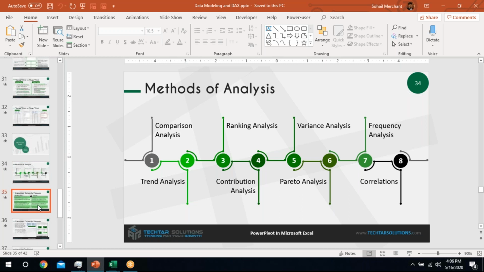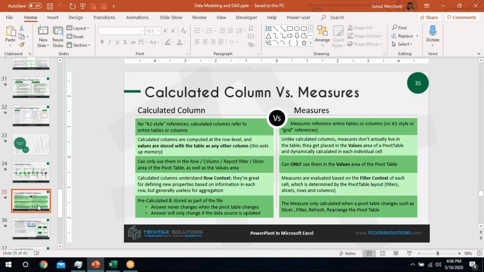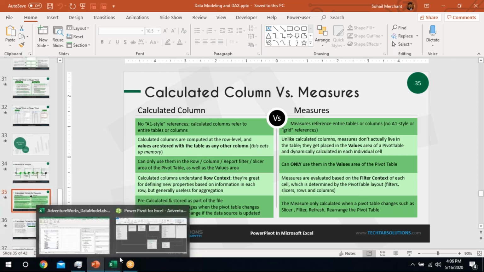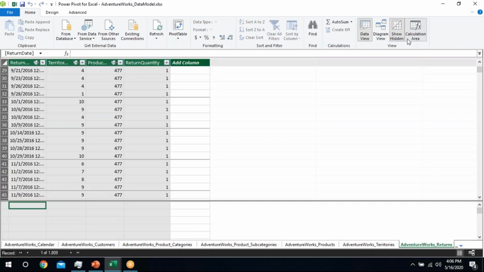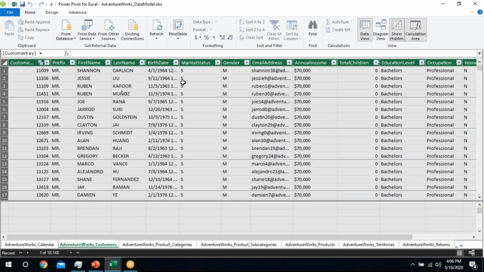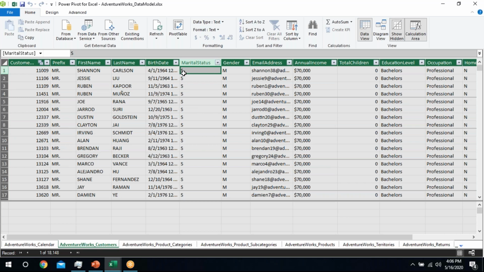Now to do this analysis, we can create either calculated columns or measures. So what's the difference between measures and calculated columns? Let's understand by this example. In our customer table, I want to calculate the age of a particular customer.